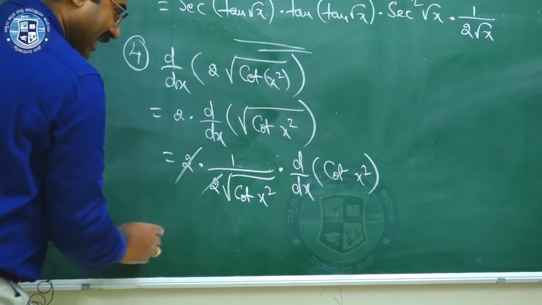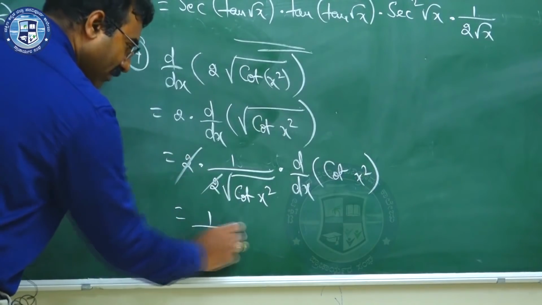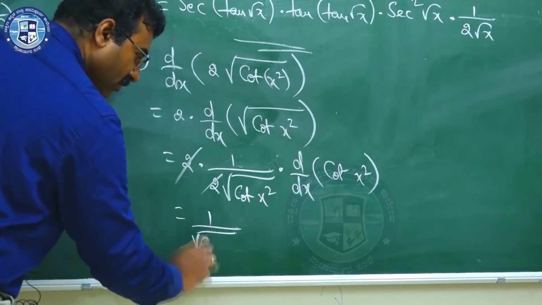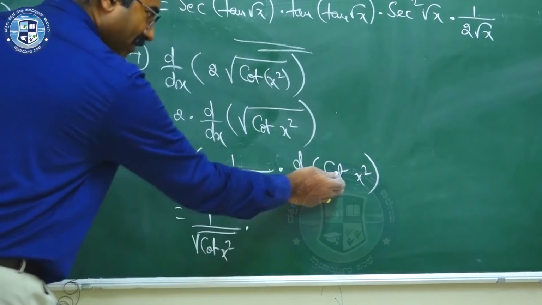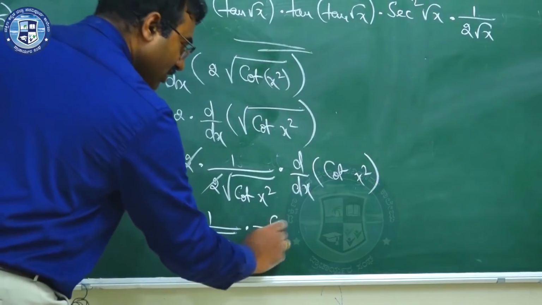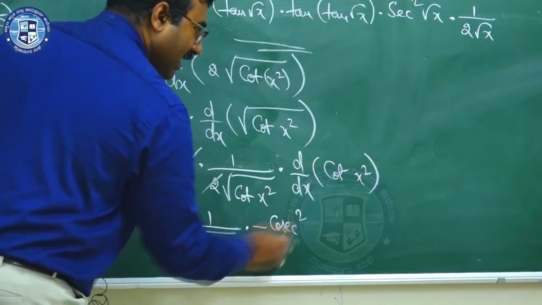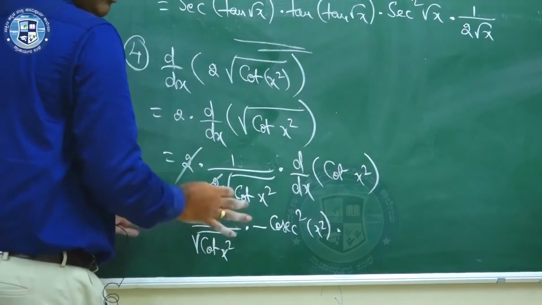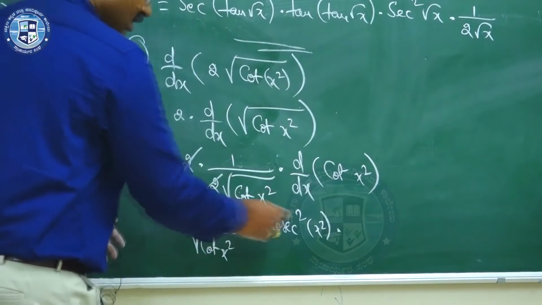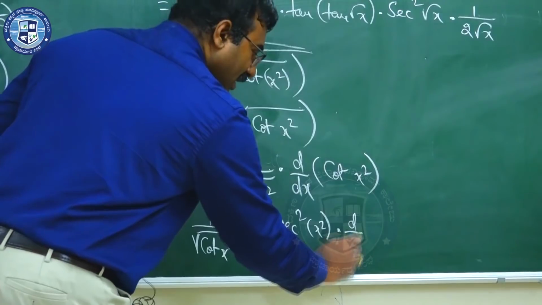So, here this 2 get cancelled, 1 by square root of cot x square into the derivative of cot x is minus cosecant square x, but this is not x, you assume as x and we are doing, into d by dx